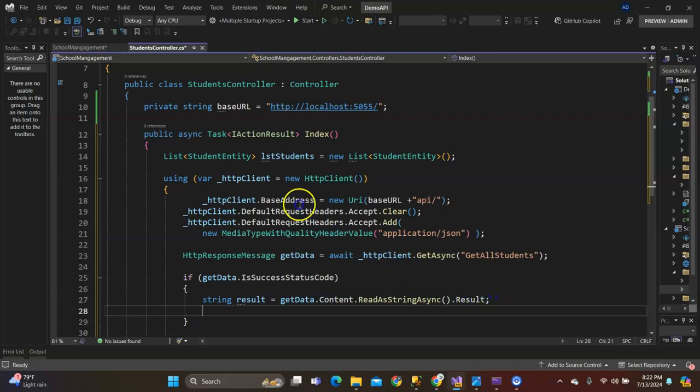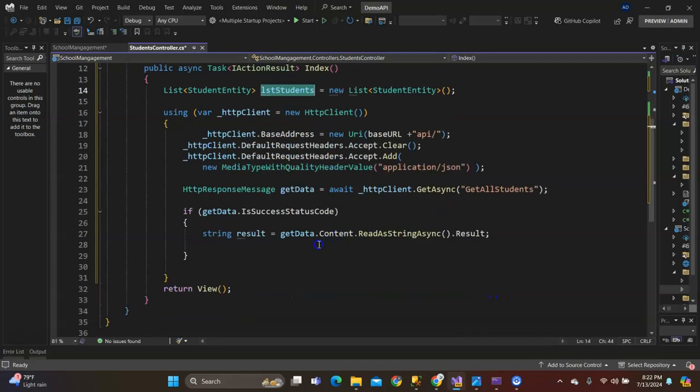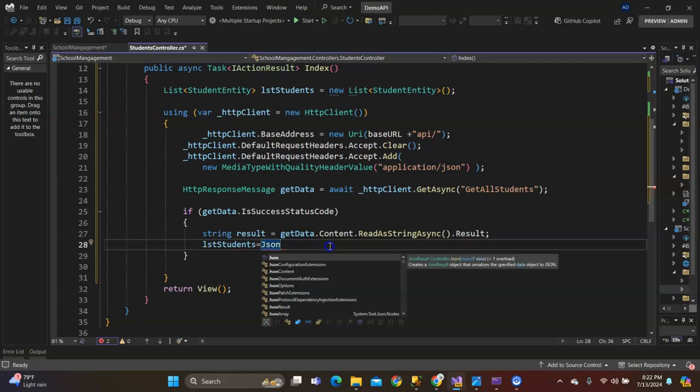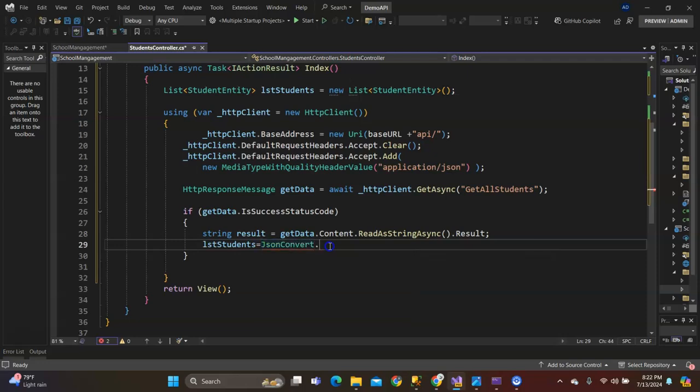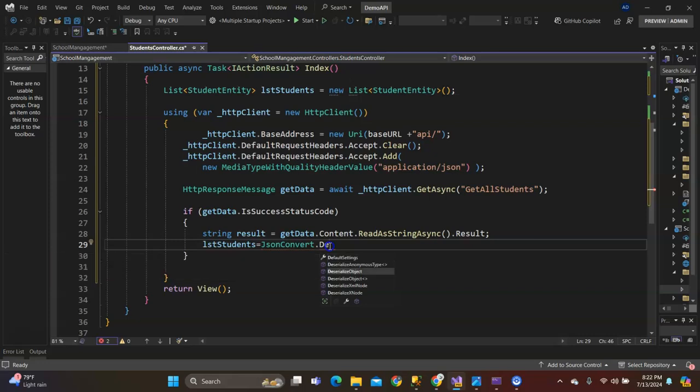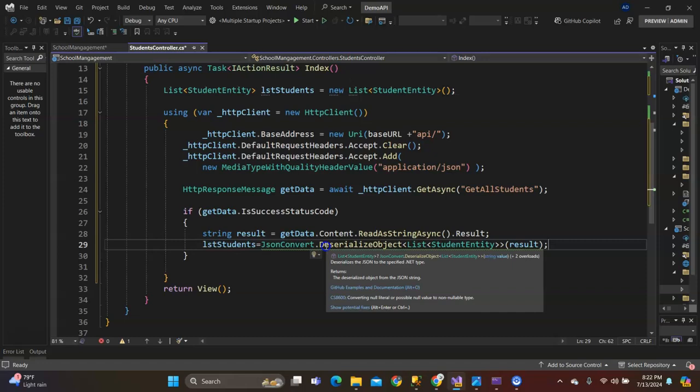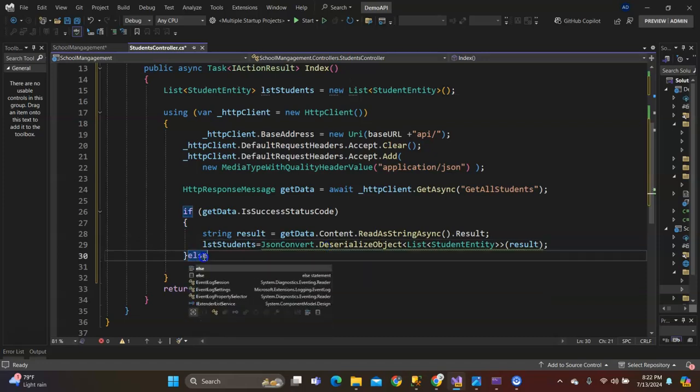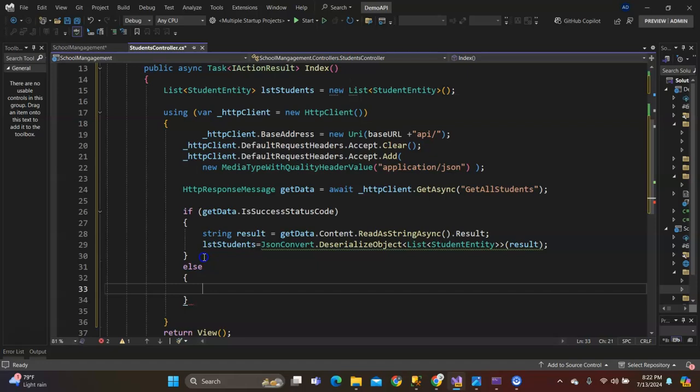Then what I'm going to do is assign this list to the student variable in the class. So here I'm going to deserialize this. So JsonConvert.DeserializeObject, and I'm going to use the student entity and the result. If this doesn't happen, I'm going to say else return